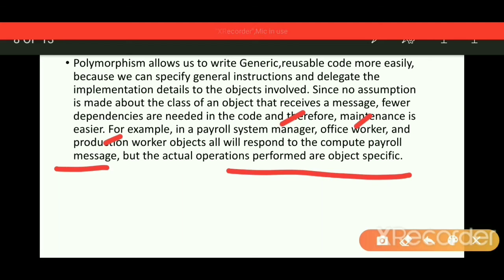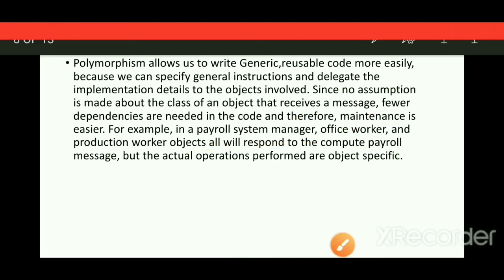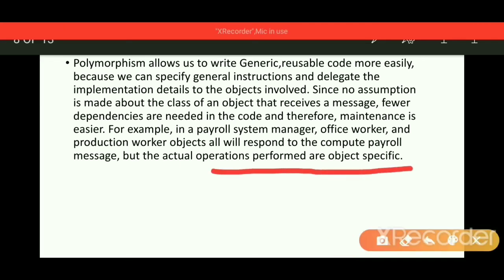In depth, the implementation detail is like the example I gave, the automatic transmission of a car, which drives based on the current speed, RPM, engine and gear. In the same way here, operations performed are object specific.